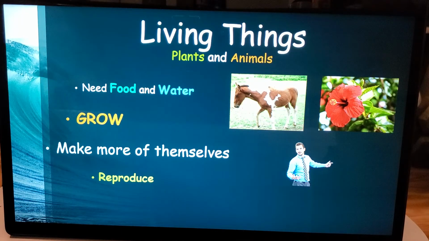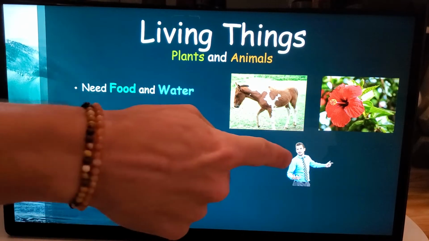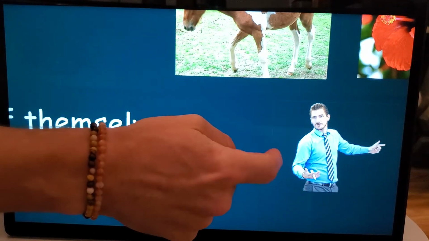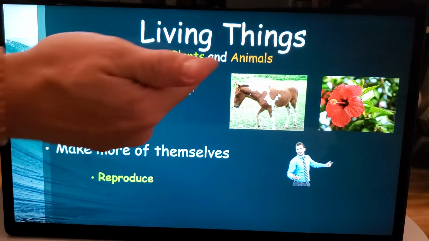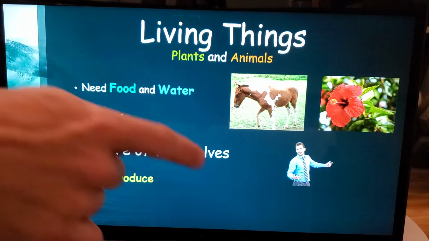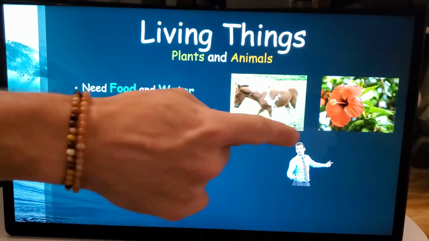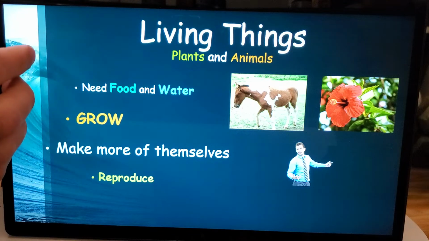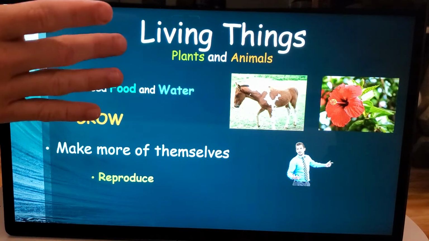And then look here. There's a picture of a teacher, a guy teacher. Kind of looks like Mr. Baxter, doesn't it? Zoom right there. Wears a tie. But yeah, we as humans, we are animals. We need food and water. We grow and we make more of ourselves, like by reproducing. So these are some animals and plants that show examples of living things. Now, the next page is going to show us